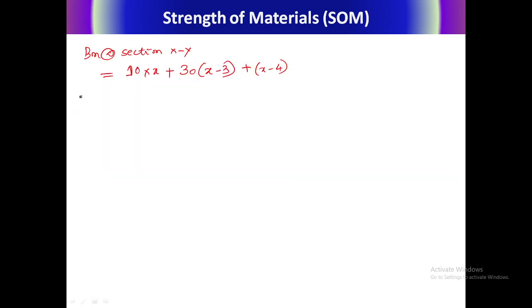Now bending moment at point C, that is at x equal to 3 meter. Now 10 into 3 is how much? 30 kilonewton meter, right? So now you need to neglect these two terms because you are considering only